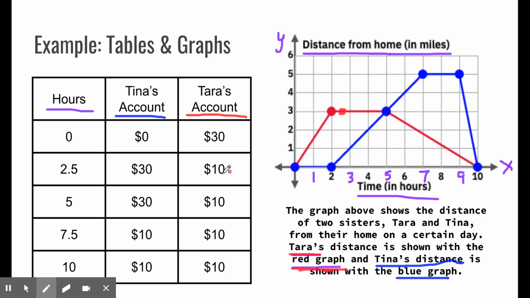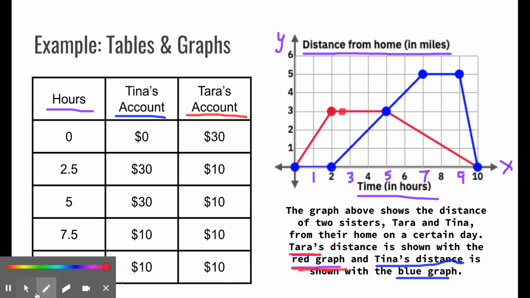And then we can see that Tara stays at $10 the whole rest of the story. So the rest of the time that she's staying 3 miles away from home, she's at $10 in her account. And then as she slowly makes her way back home during this decreasing portion of Tara's graph, she's still got